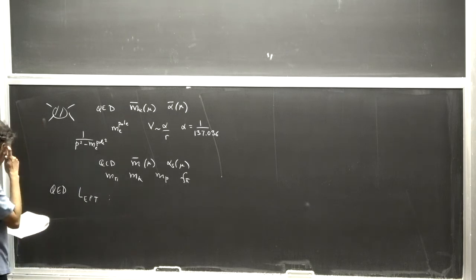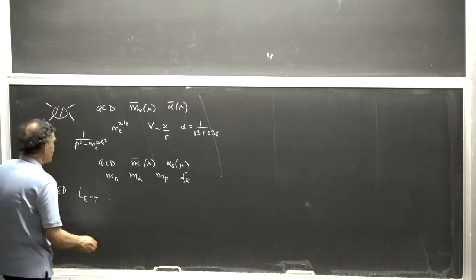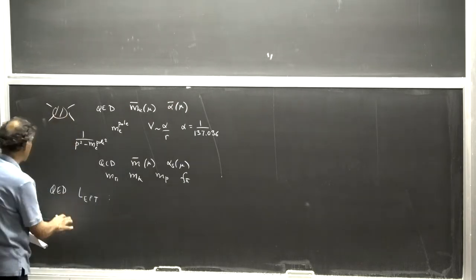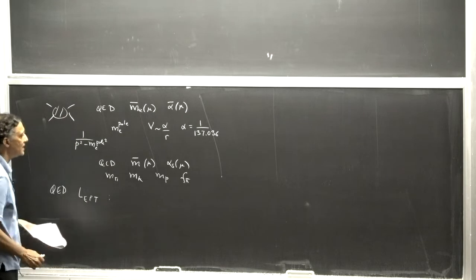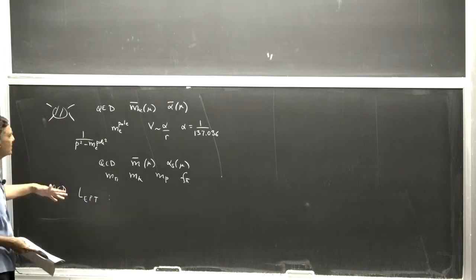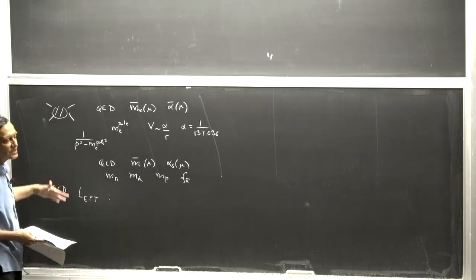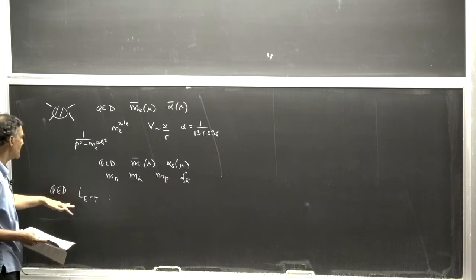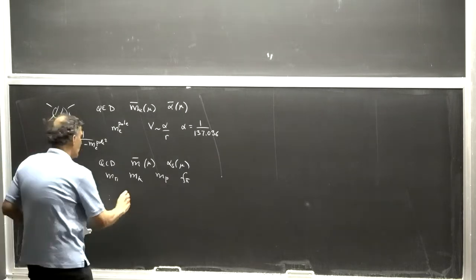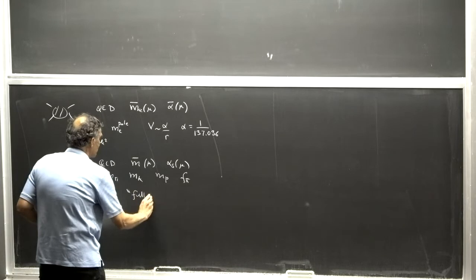Now, one thing to remember is some of the words. The low energy theory is sometimes called the EFT. And if you happen to be in a situation where there's a high energy theory, like the standard model, which reduces to the EFT, then sometimes people call it the full theory, in the sense that